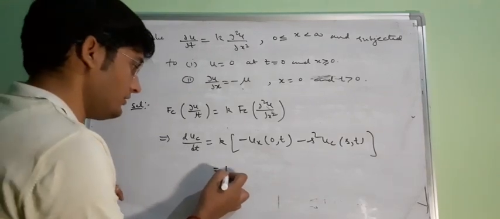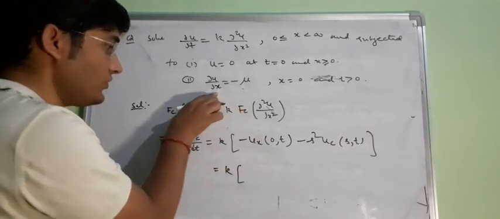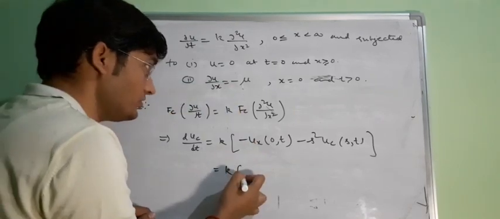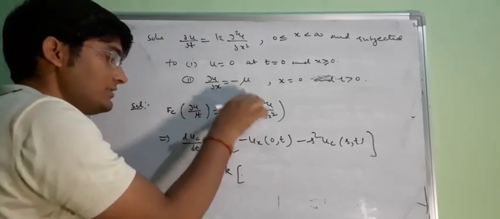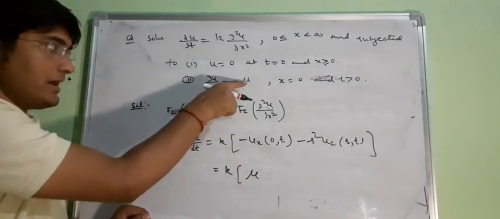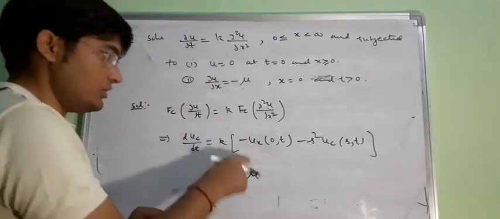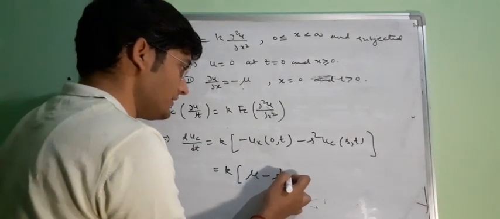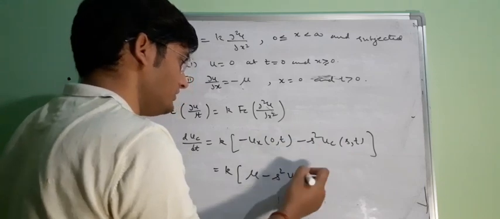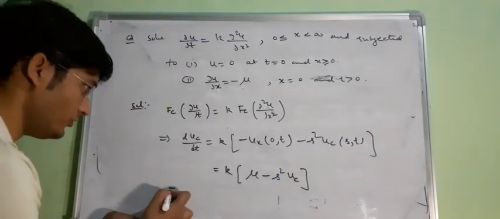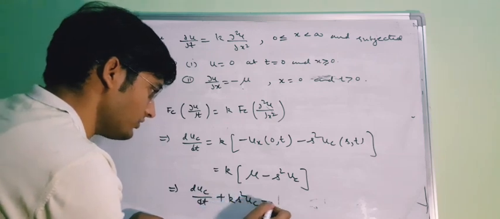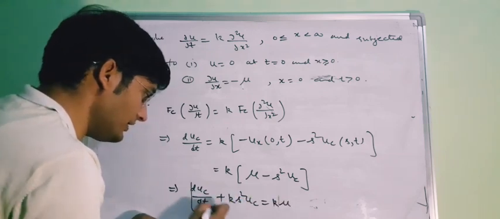So now here the value of ux is equal to minus mu. So this will be minus minus, plus mu. The value of ux is minus mu, so this will be plus mu. And here we will get minus s square, and this is your cosine transformation of function u. So let us take this term on the left hand side, and this is equal to k mu. Now you can see that